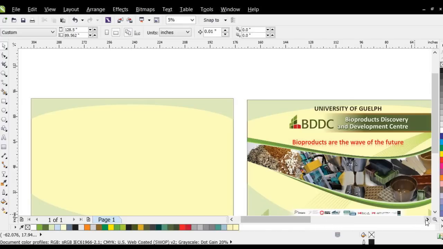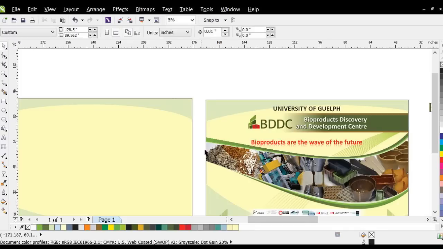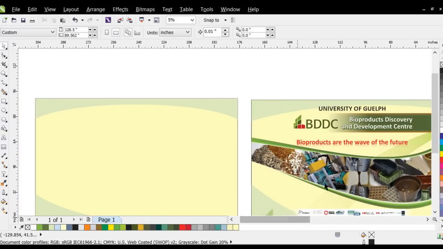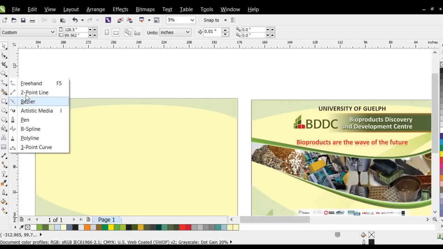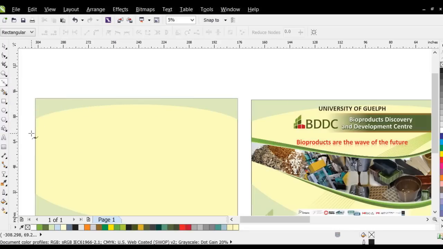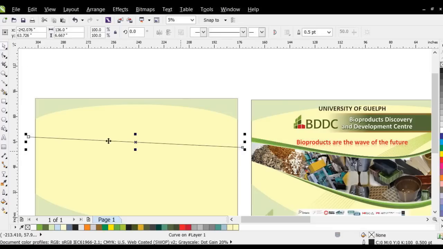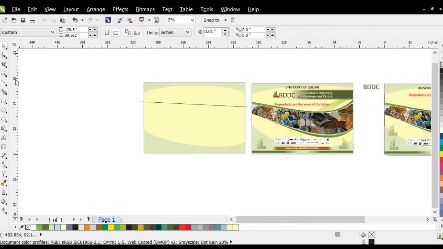So okay, let's go back here, and this shape is going this way. So what I did there is I used my Bezier tool, and then let's just say I started here and then started there. Okay, and then I made a curve. Okay, so how do you make a curve? I'm just going to